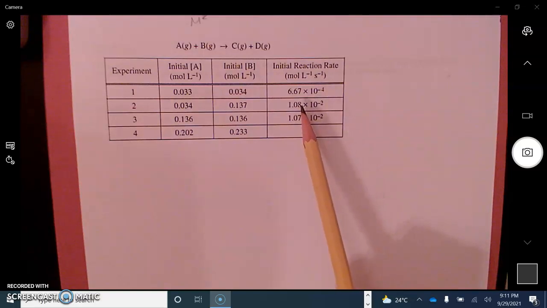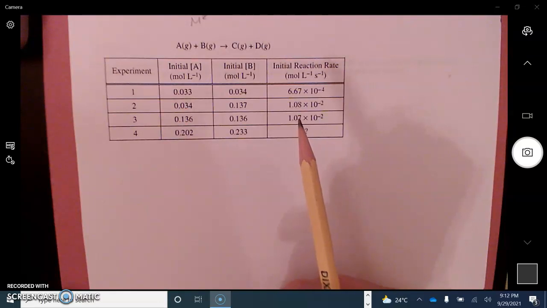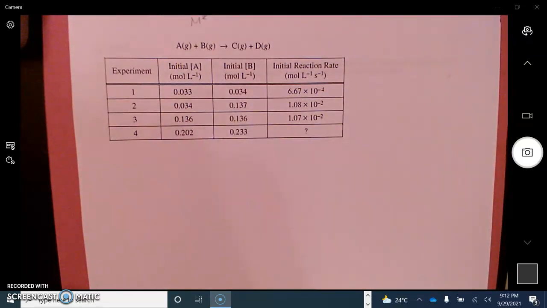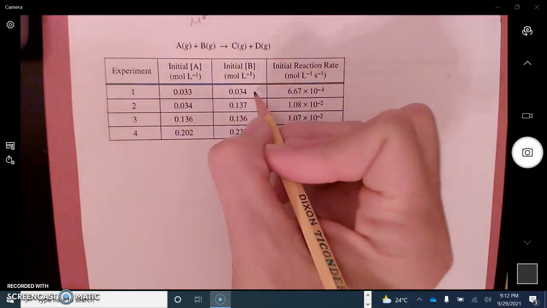For experimental data, 1.08 and 1.07, they're close. They count as the same, right? These are real reactants, real rates. You're not going to get perfect data. Right, so when I'm looking for one that's held constant between experiments 1 and 2, we can say A is constant. B